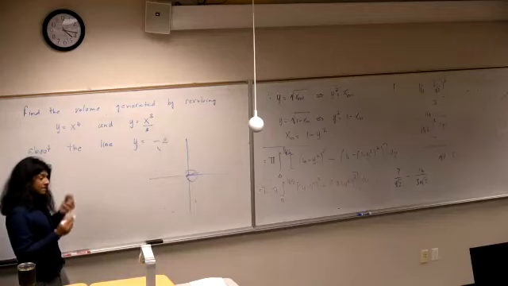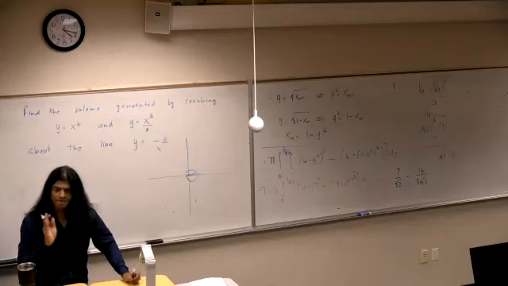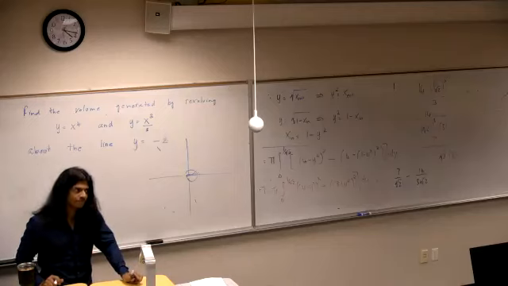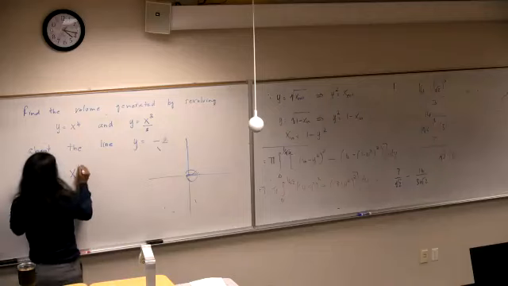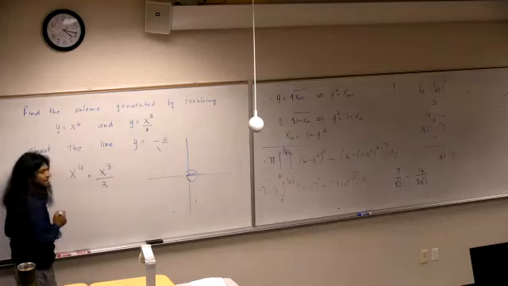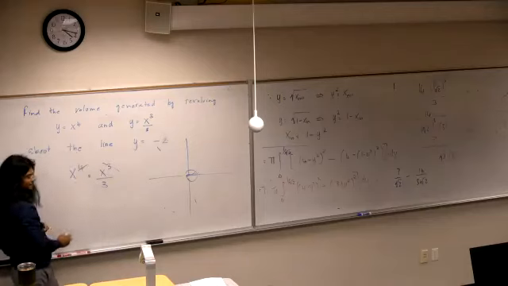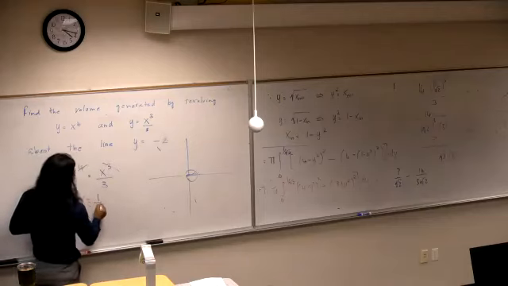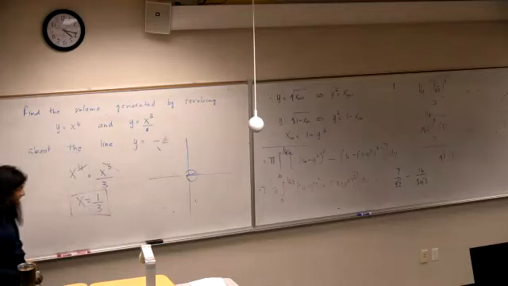What is the easiest way, if possible, algebraically, to find the point of intersection? Set them equal to each other. X raised to 4 equals x cubed over 3. Yes? They will get cancelled. X equals 1 over 3. So the point of intersection